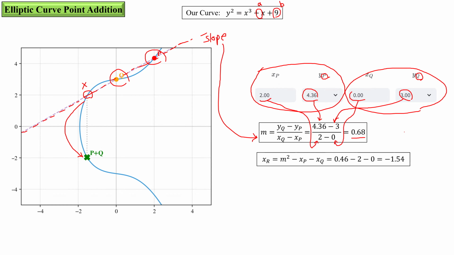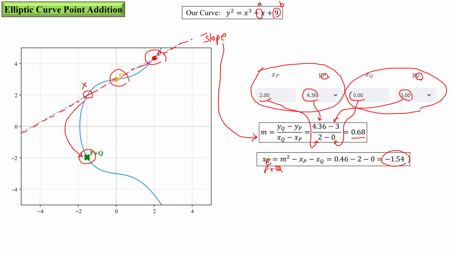So then the x coordinate of the point R is usually called the addition of 2 points, P and Q. P plus Q is called R. So the x coordinate of this point is the slope to the power of 2 minus x of P minus x of Q. And by replacing these values and computing, you will see the x coordinate of the point P plus Q, or point R, equals minus